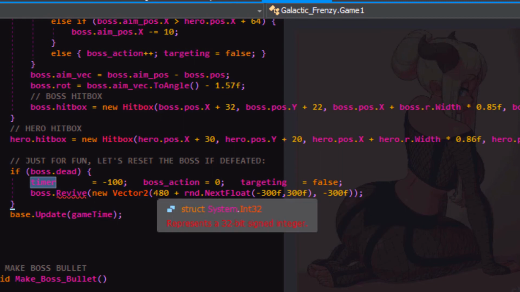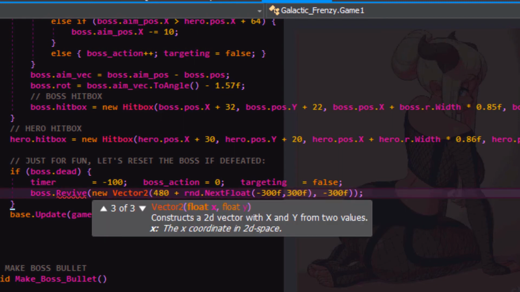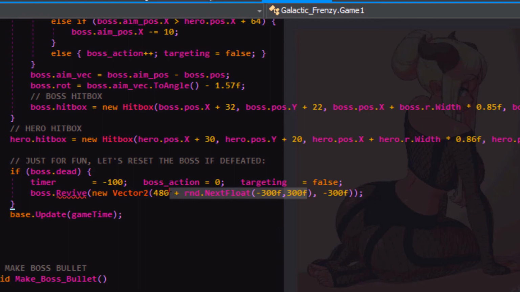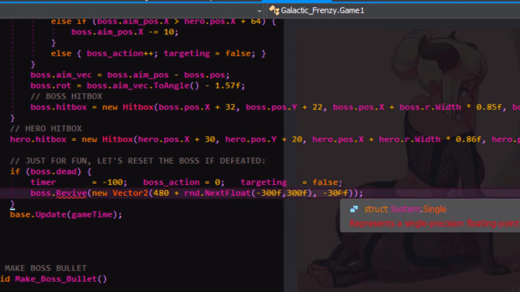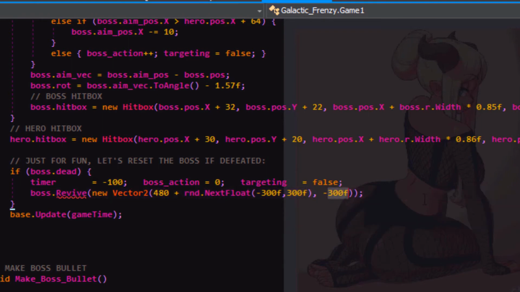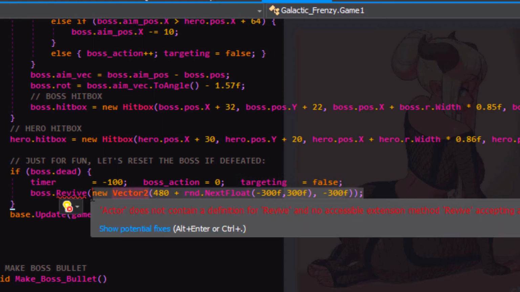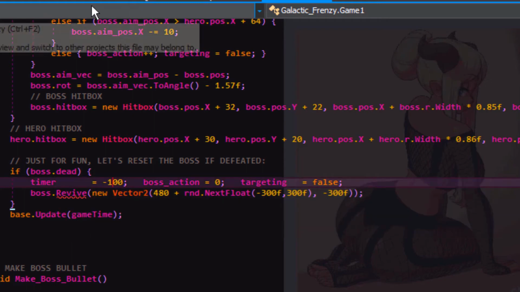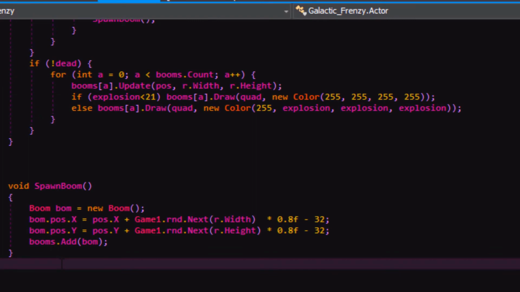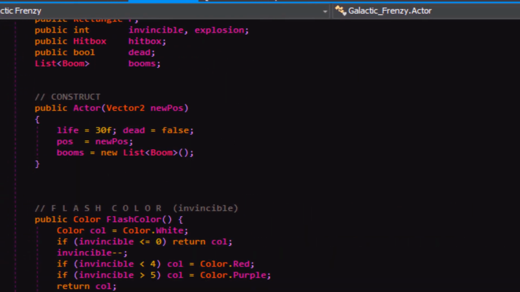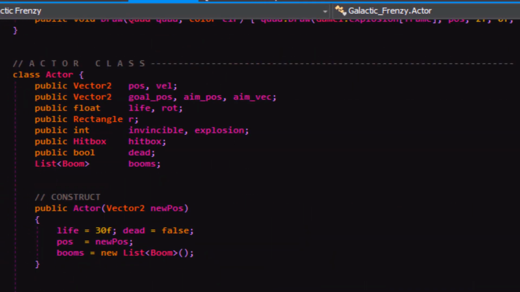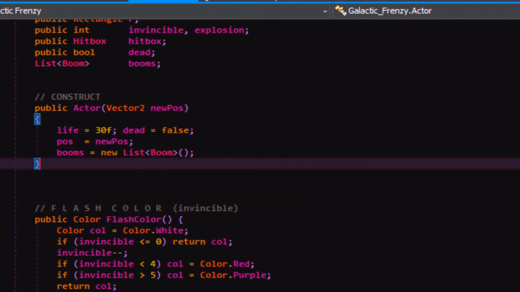internal variables as well. And I'm going to supply a new spawn location for the boss, some random amount horizontally and at 480 minus 300, so he's off the screen at first. So we'll go into actor and we'll make a revive. We could also take advantage of this for respawning the main character too. Obviously we will want to change this to be the center of the screen and closer to the bottom. But let's go into actor and add a revive, maybe under this spawn boom thing here. Actually, on second thought, let's go up here so we can see all the different things that we might have to reset. Maybe right under the constructor here.